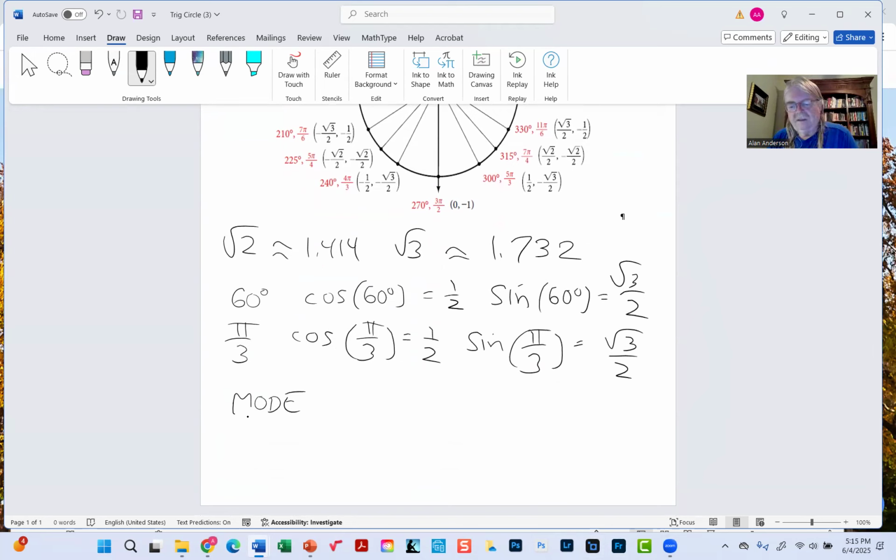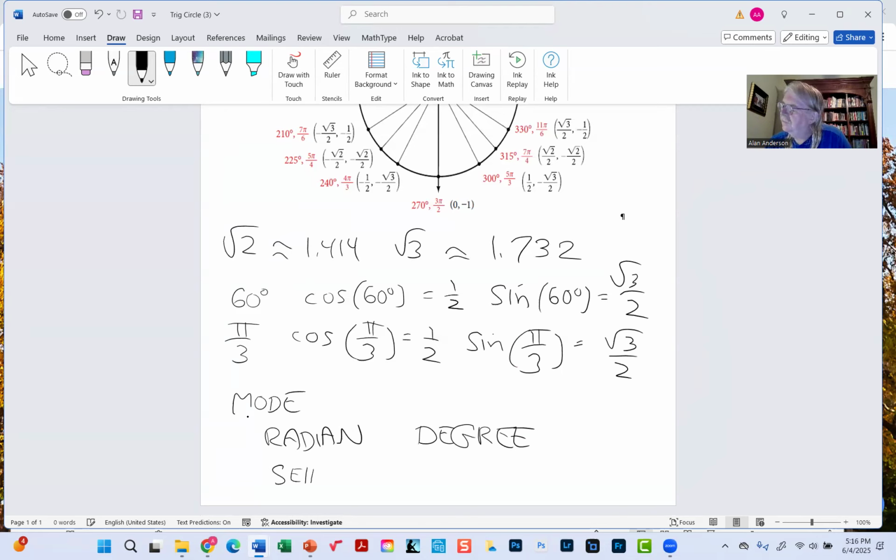And if you hit the mode button, you'll see there's a lot of modes to choose from. If you scroll down to the fourth from the top, you can see radian degree. So the way this calculator works is you have to select the one you want and then hit the enter button. So right now, let's say it's already on degree. You can leave it like that if that's what you want. If you want to switch it to radians,